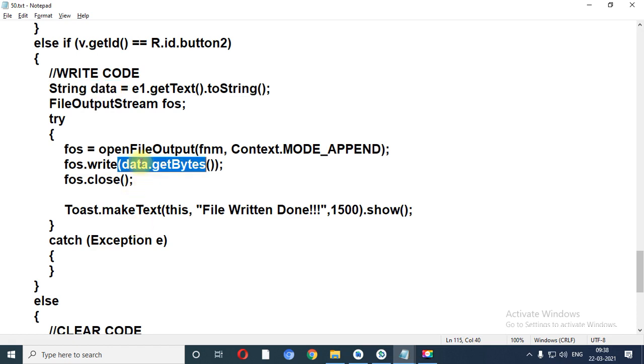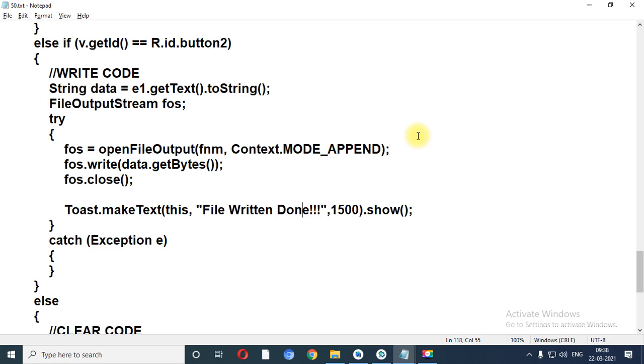But remember one thing, our file is in the format of bytes. So what you need to do is data.getBytes and FOS.close. At last you will get the message that file written done. That means your data is successfully inserted inside the text file.